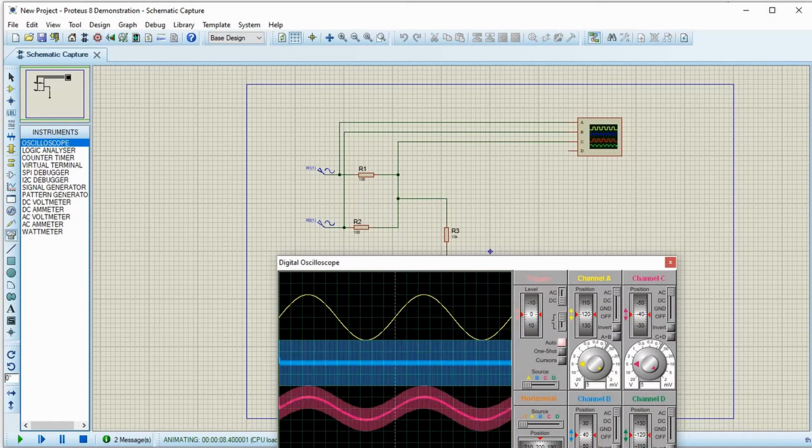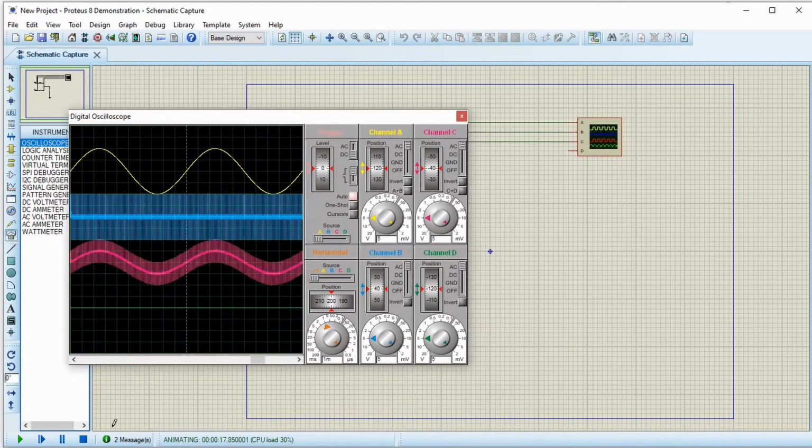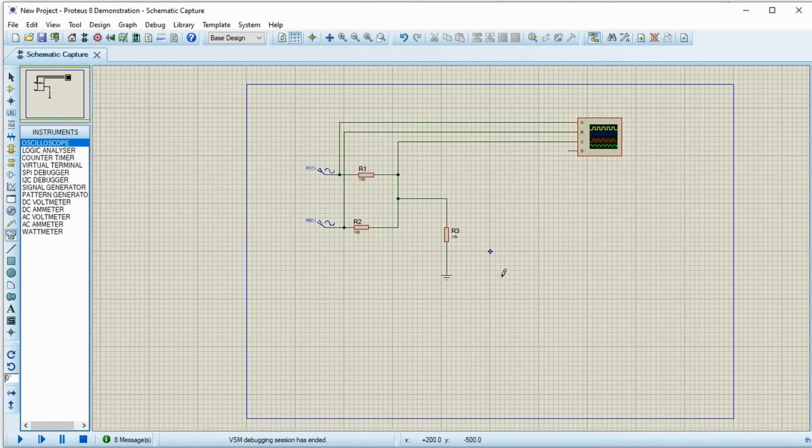Now what we will do is build a low pass filter so that we get back this 100 hertz signal. We will remove the 10 kilohertz signal from this output, that is, the red one is the output. Let me stop this. Let me build a low pass filter.